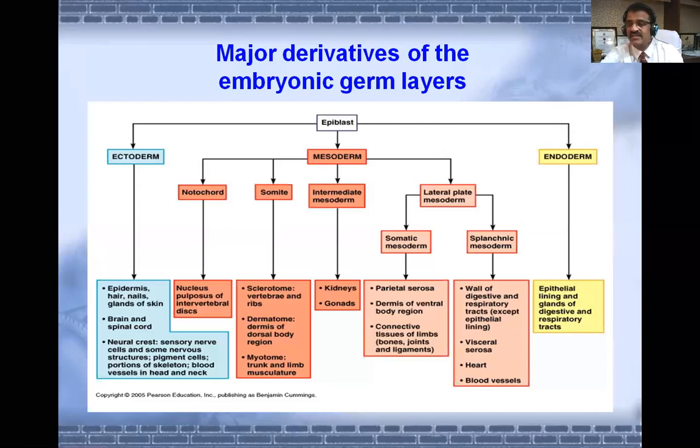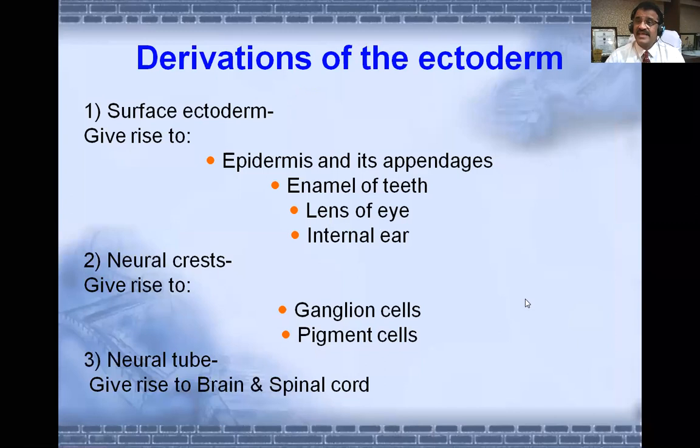See, compare this yellow highlighted thing with this, okay. The heart is formed by splanchnic mesoderm and blood vessels formed by splanchnic. So don't forget to take a screenshot of this slide, because this is more significant for you. Ectoderm, mesoderm, or germinal disc or embryonic disc is asked in exams, and you should at least write the important things of that. Same thing I am going to explain you in a form of text, like derivatives of ectoderm.